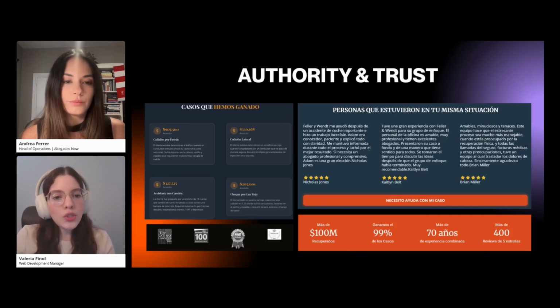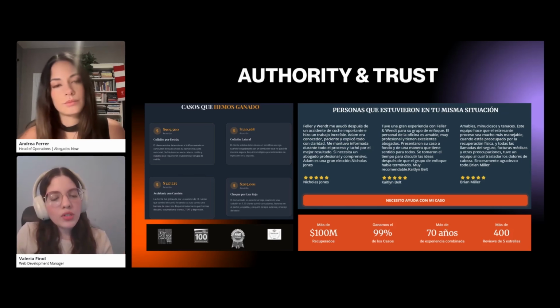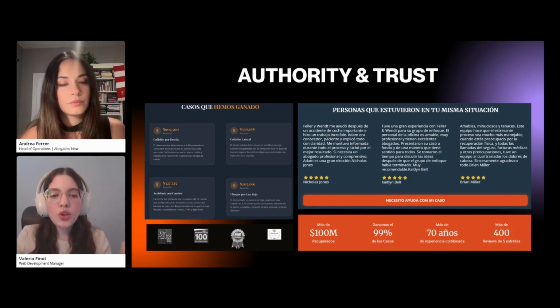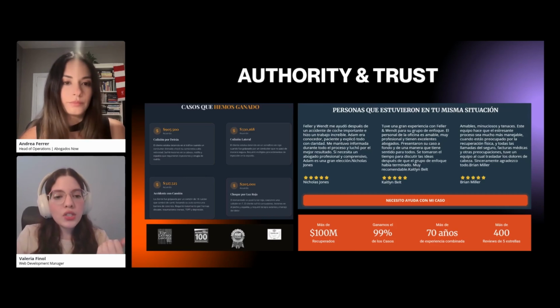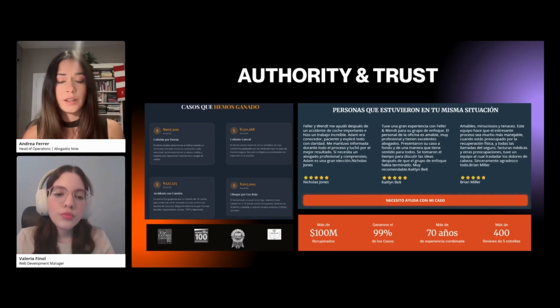And I want to mention something a bit more technical here, but Ali also talked about it yesterday, and it is the schema markup. This is very important. A landing page should have it because this is going to help Google show these elements, these trust elements, in the search results. So again, it's technical, so it's not something you'll see there.